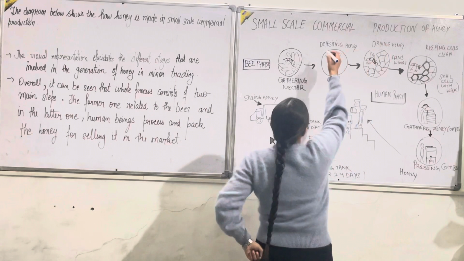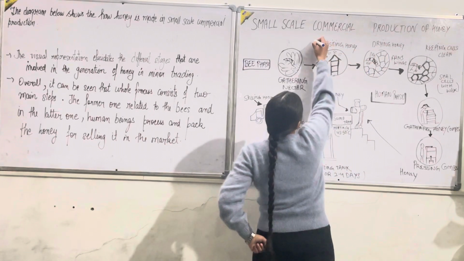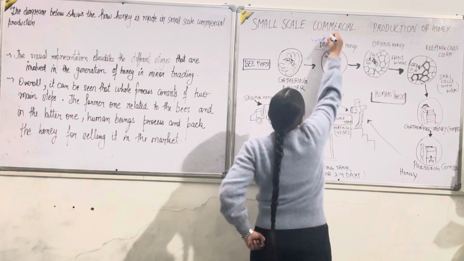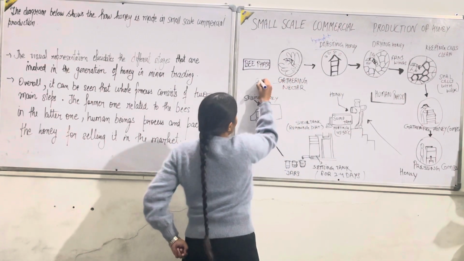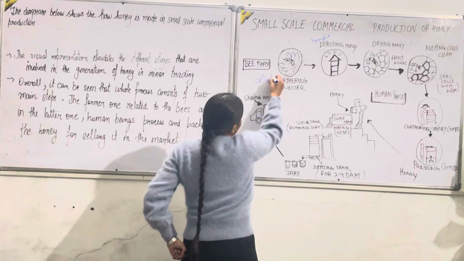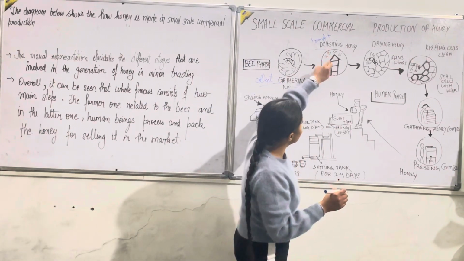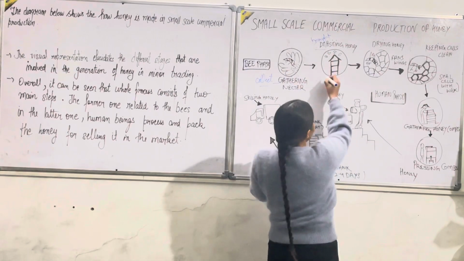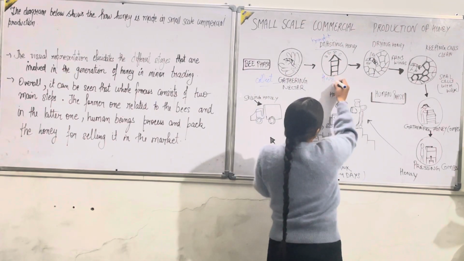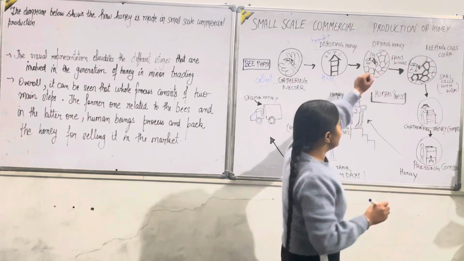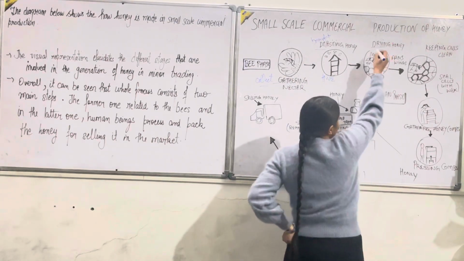Instead of deposit you can write it is brought, or instead of gather you can write collect. They gather or collect the required amount of nectar, then it is being deposited or brought in the hives. Hive ਦੇ ਵਿੱਚ ਫਿਰ ਉਹ ਪਹੁੰਚਦਾ ਹੈ. After that this is being dried by the honeybees.